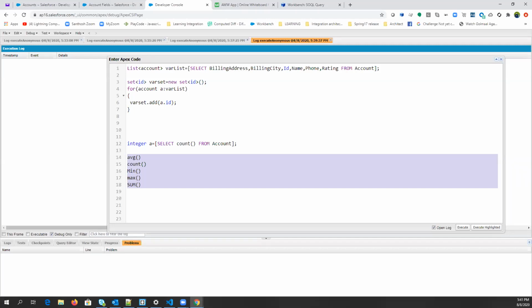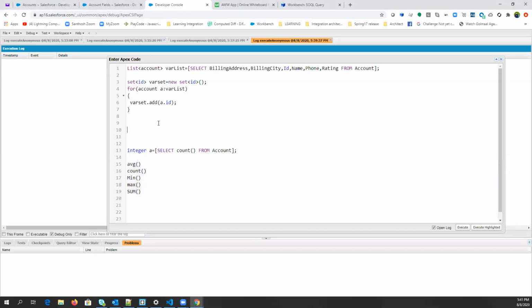We need to make sure that a list or an integer is returned. No, this keyword. Can any of you tell me about this keyword? It fetches each and every record. You can't use it in SQL. Yes. So to get each and every record, we need to define that, right?